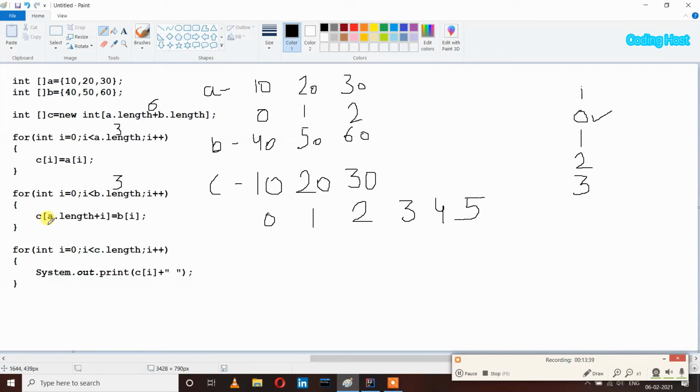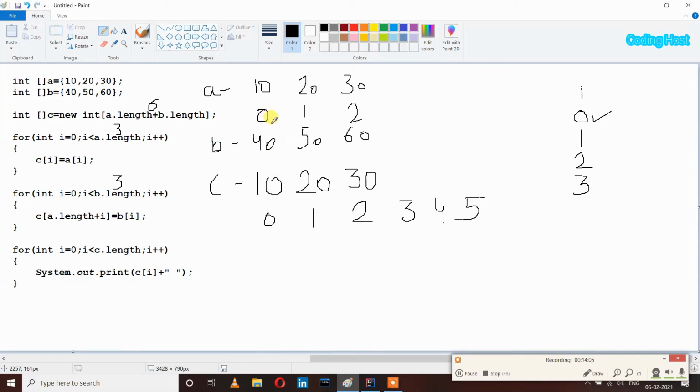So a.length + i: the length of array a is 3, plus i, which is 0, so 3 plus 0 is 3. So at index 3 in array c we are inserting the element of array b at index 0.